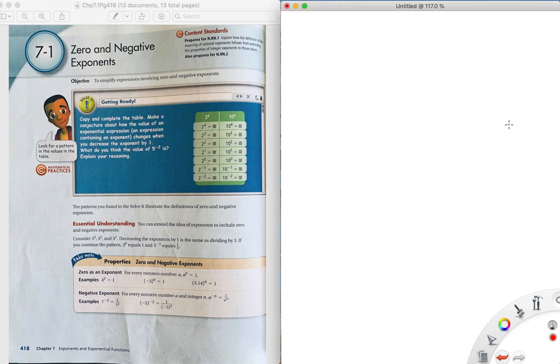All right, so this is Algebra 1, Semester 2, going over Lesson 7.1 and 7.2. We talked about this before. I'm just going to do a few examples of the examples that we already did. First thing that we talked about was the zero property